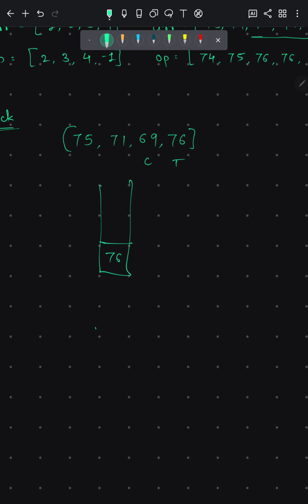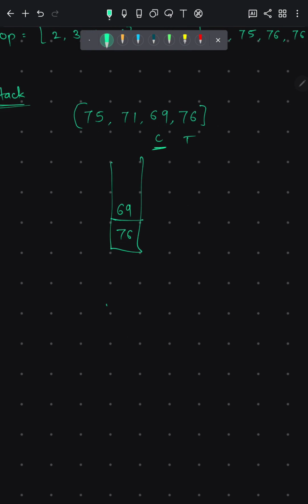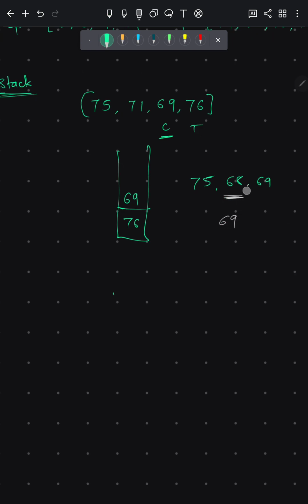We compare whether our current element is less than or greater than 76. If it is less than 76, we will just append, because there is a possibility that the element before the current element might be smaller. So if it is like 75, 68, 69, then the answer for 68 should be 69, instead of 76. So we are going to keep this in decreasing order.